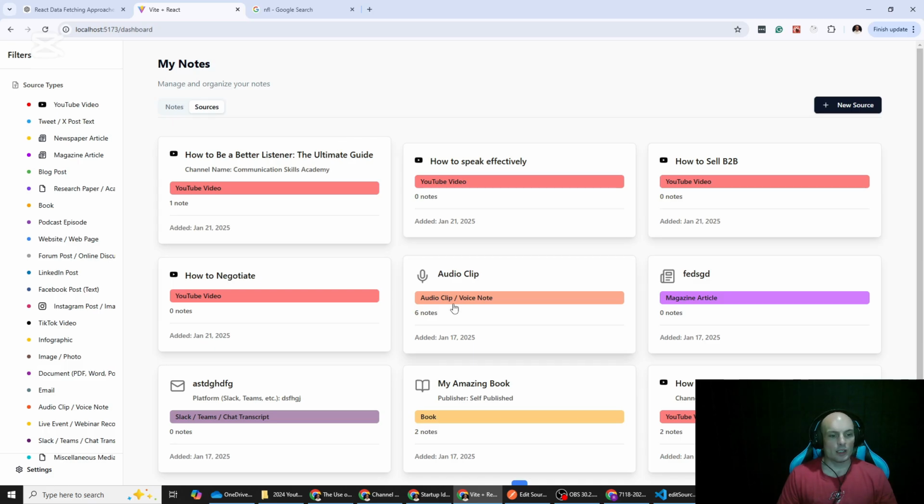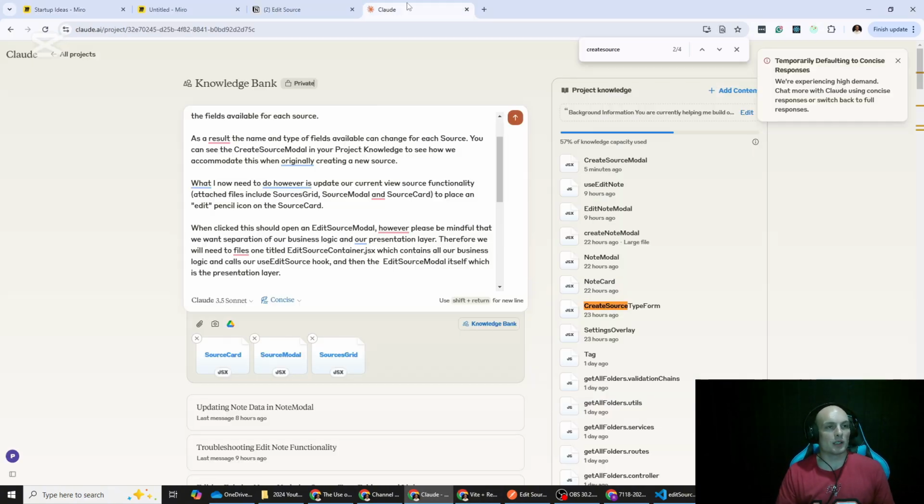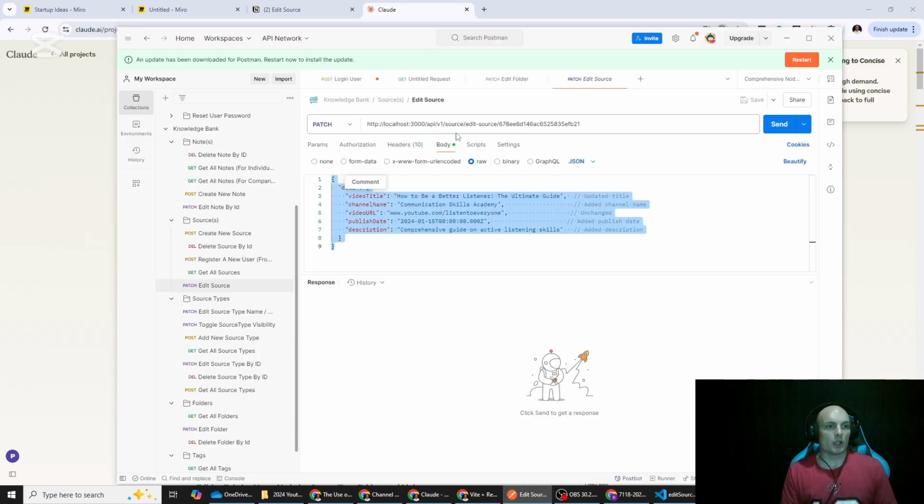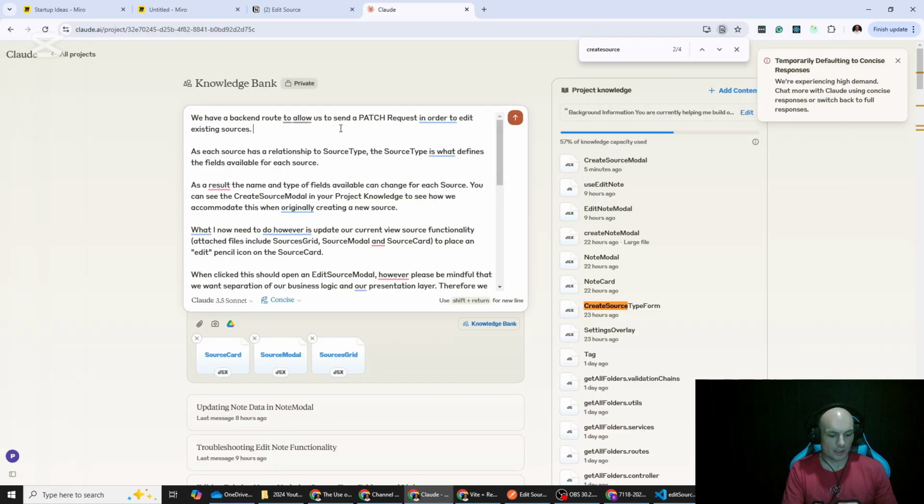So it is a little bit tricky working with AI on front end compared to back end. I think it's a little bit easier to use AI on the back end, to be honest. But I've gone ahead and I've told Claude, hey, we've got a back end route that allows us to send a patch request. I probably should give it what that route is, which is this. The route is